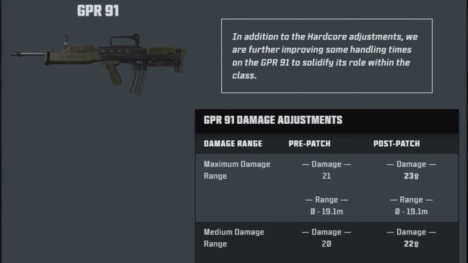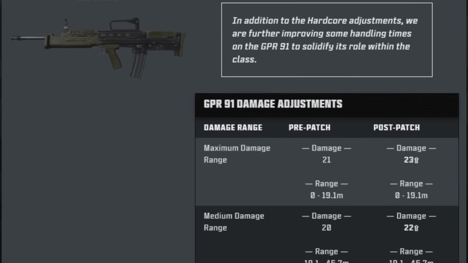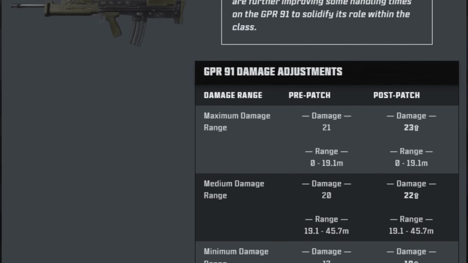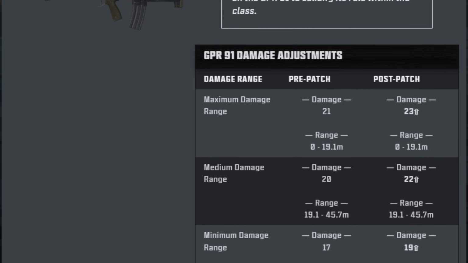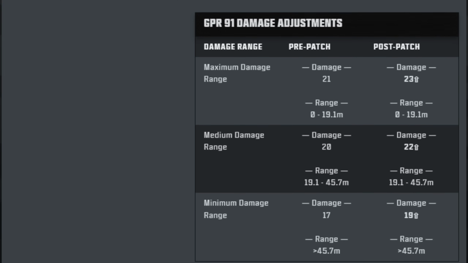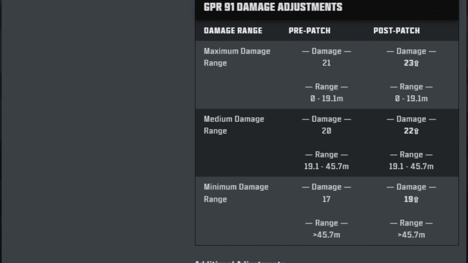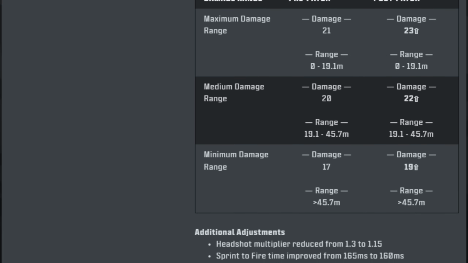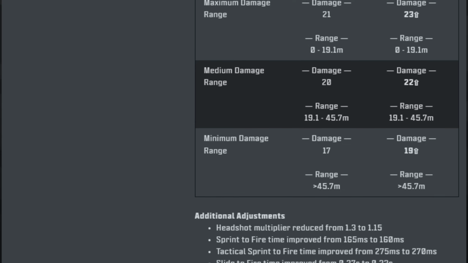The GPR91, in addition to hardcore adjustments, we're further improving some handling times on the GPR91 to solidify its role within the class. So now, other than the damage going up, they've also done headshot multiplier reduced from 1.3 to 1.15, sprint to fire time improved from 165 to 160, tactical sprint to fire improved from 275 to 270,